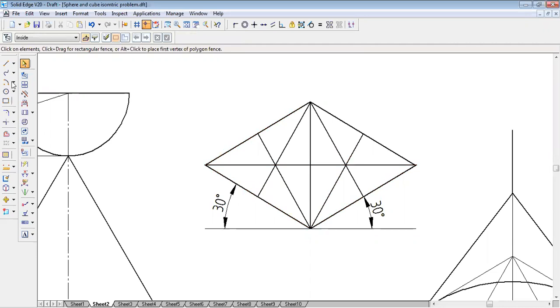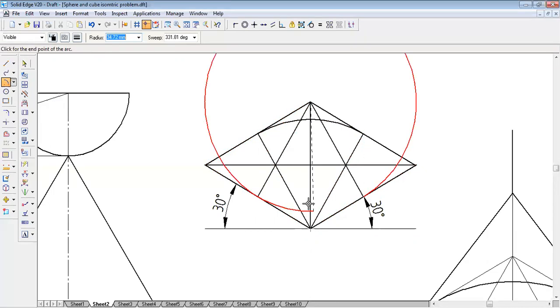Now take arc by center point, and then from the minor axis corner to the radius here, draw the arc. This is the corner, this is the radius, you can draw the arc.